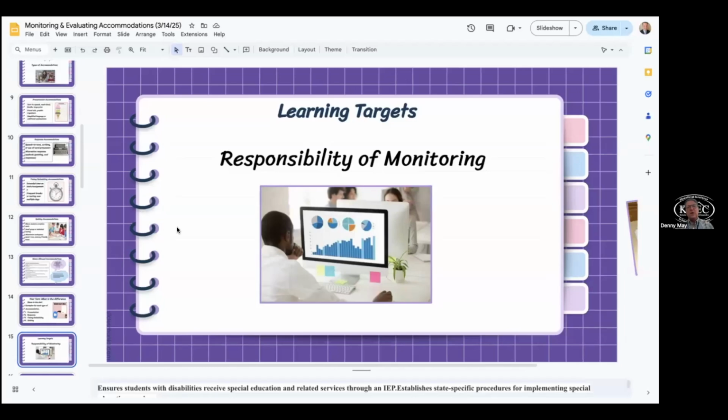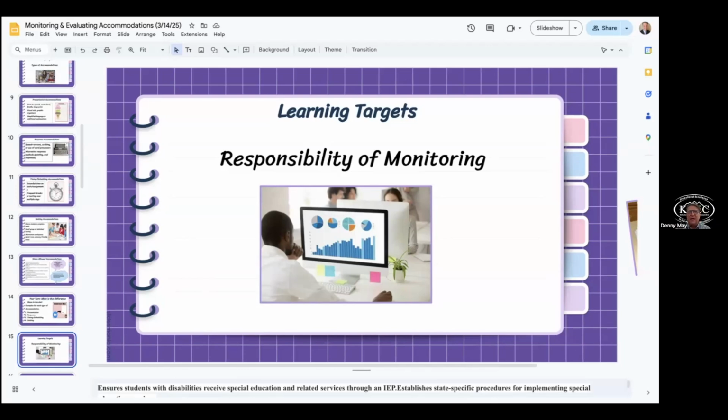Okay, so now we get into talking about, as principals, we have some responsibilities, and we have responsibilities in monitoring, and we have responsibilities in verifying and evaluating accommodations. And when we evaluate accommodations, we're really wanting to see, are they being effective? Do we need to change them slightly?